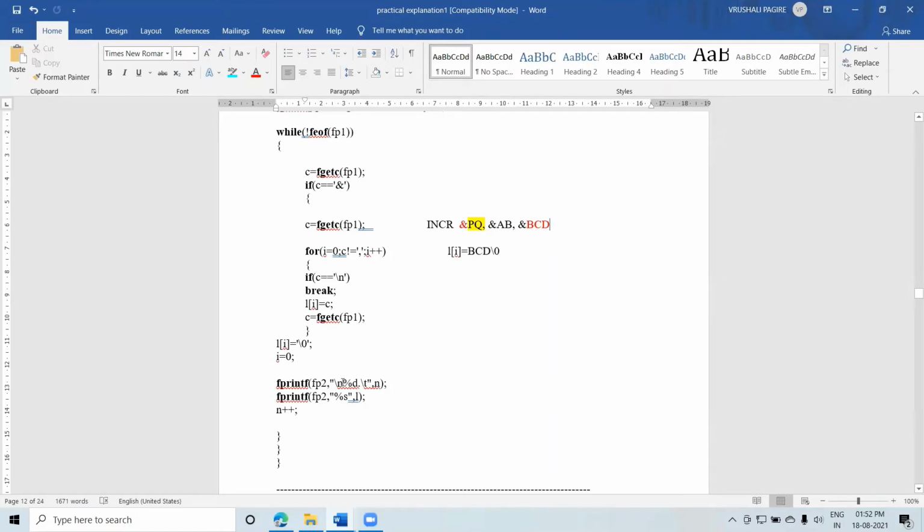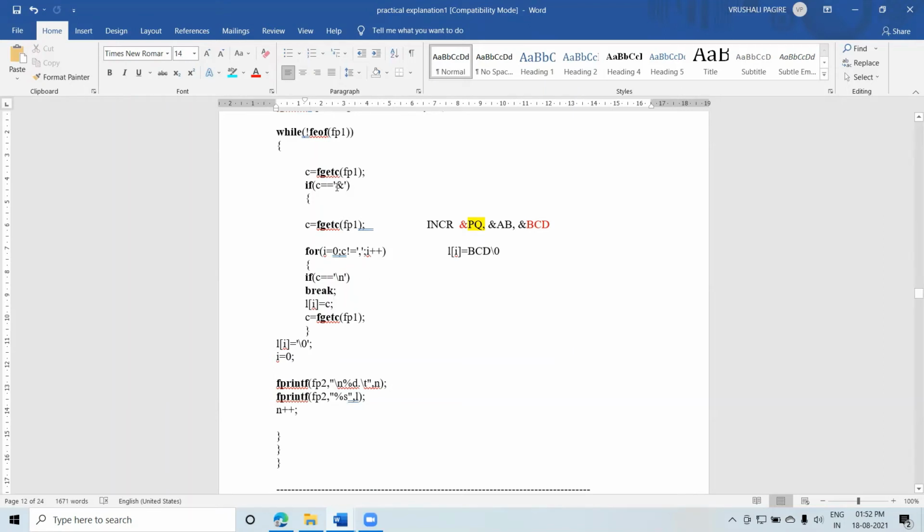So likewise you can print all the parameters which are present in your program into your output file. Understood this logic? This first program you understood. Shall we go to the next one? Yes, ma'am. Any doubt in this while loop? Only this comma logic and this slash logic is very, very important. The remaining things we are already aware of because we used them in the last program.